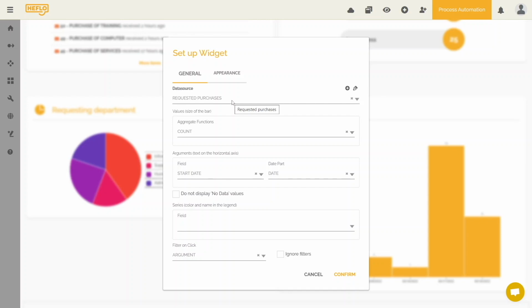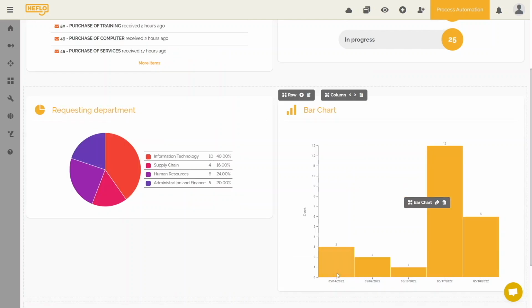To do this between elements, you must select the argument option in the click filter and share the same data source. If you create a different data source, it won't reflect on the other item. Just another detail. It won't reflect the filter on the two higher elements either. Indeed, it has no connection with these two types of widget that we have seen previously.